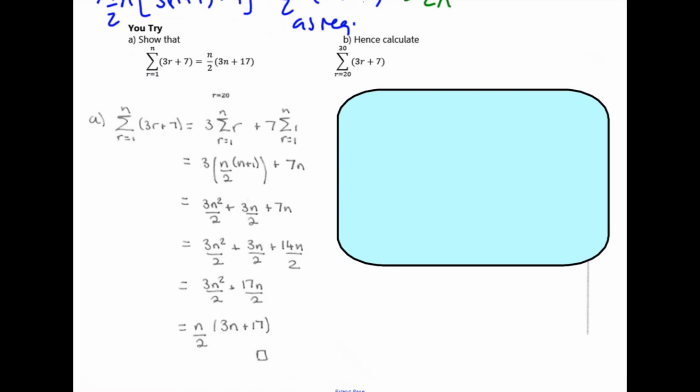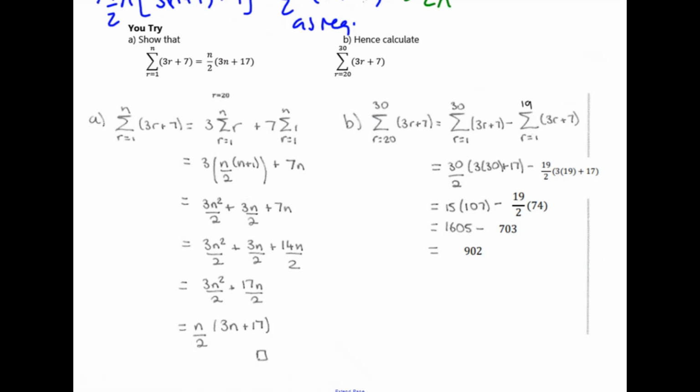So for the show that one, split your sum up. With each formula, you can expand it out and then refactorize it because it's just a quadratic, or you could factorize it from the start. So I'd take out n over 2, half n, up to the front, and then you get your 3n plus 17 in the bracket. For this one, remember you split this up into two sums. So this is the sum from 1 up to 30 minus the sum from 1 up to 19, 1 less than that 20 at the bottom. You should end up with 902. You can check this on your calculator, but I do want to practice doing this by